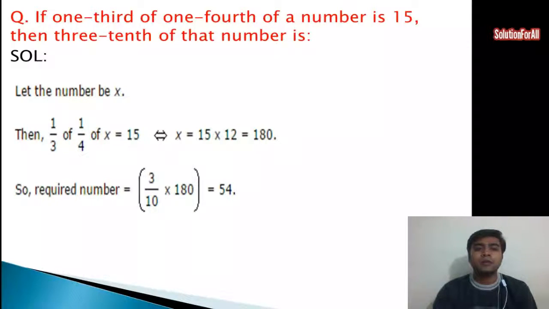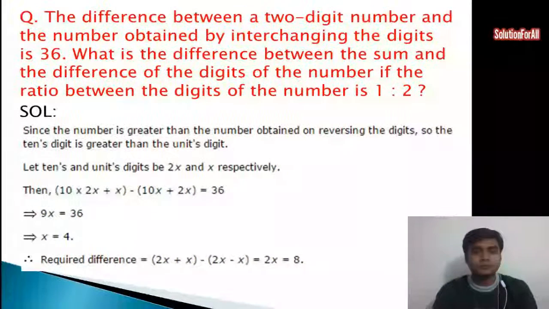So now what we have to find is 3/10 of that number. So we'll just multiply 3 by 10 into this number. We'll get the answer: 3 by 10 into 180, that is equal to 54. So this is one kind of question that is being asked in the exam. Maybe there are some other numeral values, but this is the type of question that is regularly asked. So I will proceed to the next question now.